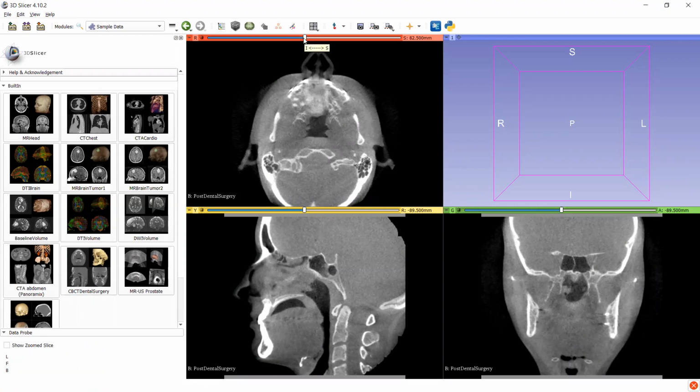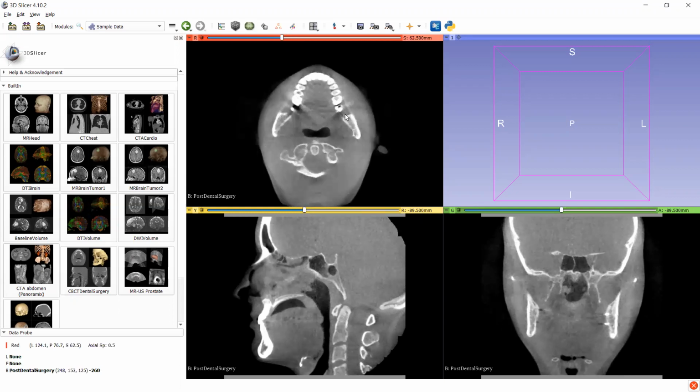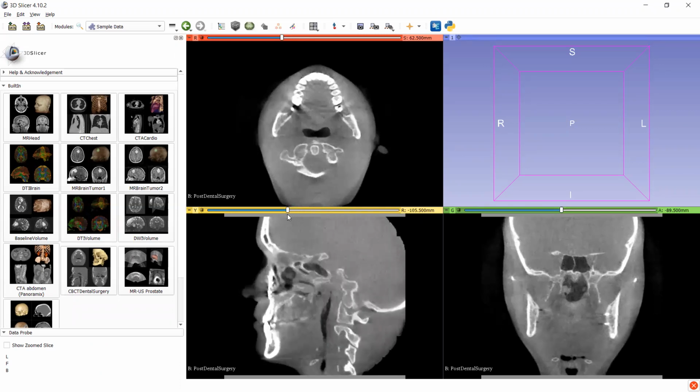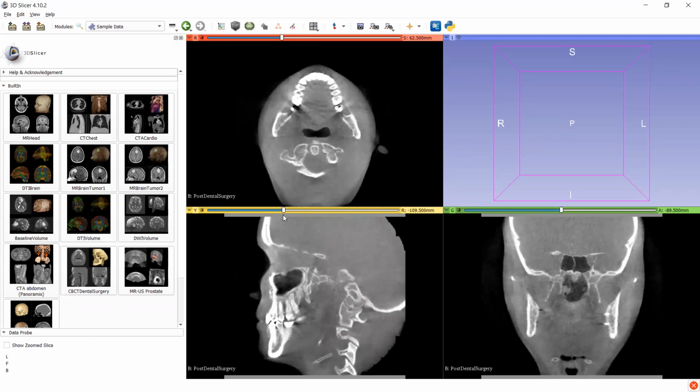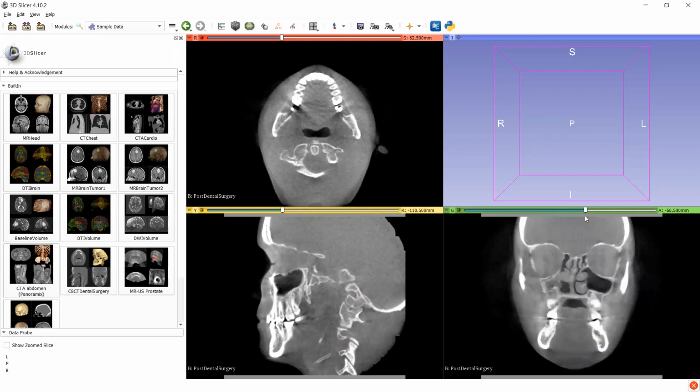Now I am interested in the row of teeth part. That's why I am adjusting the axial view like that. We are able to see the entire row of teeth. Let me finish this one. Okay, now it's okay in axial view. In coronal view also, I want to adjust something. Okay, it's okay in coronal view. And lastly, the sagittal view also. I am adjusting. Let me finish this.